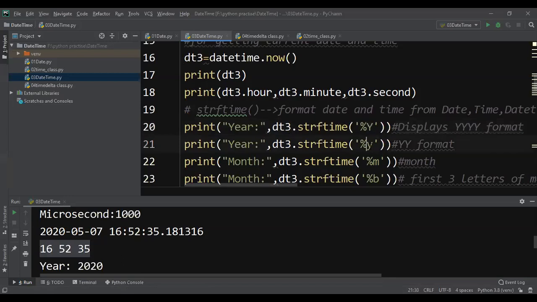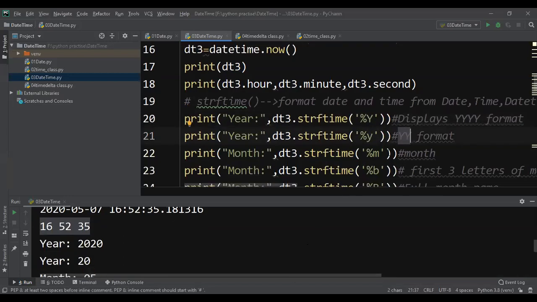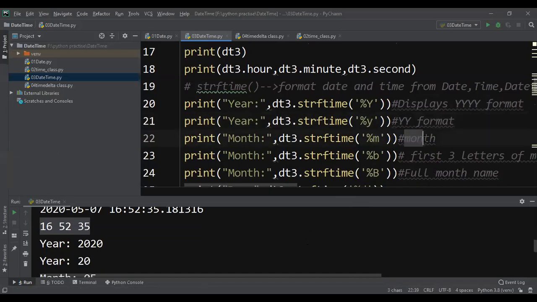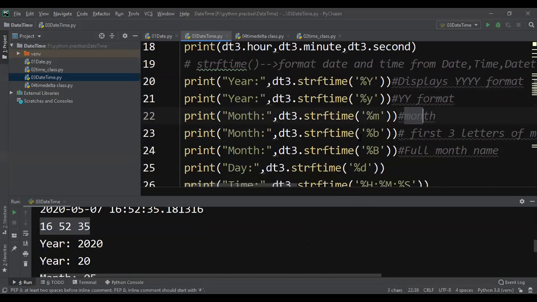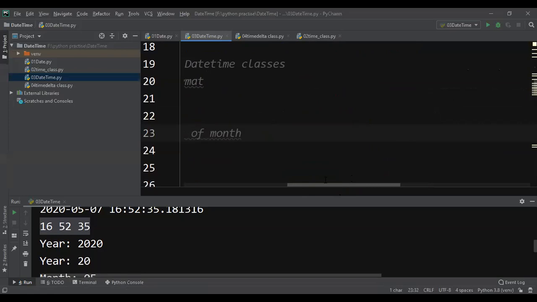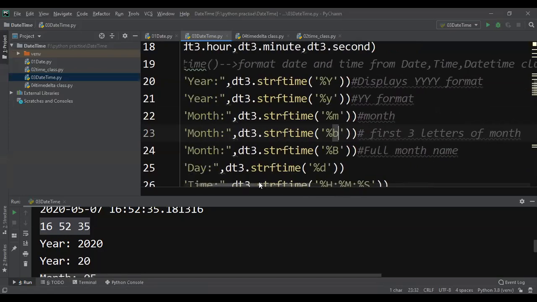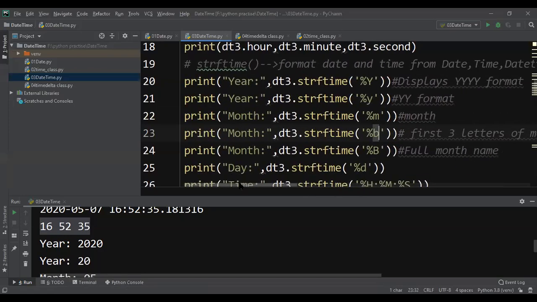If you mention small y, it will print year in 2 digits. Small m prints month. Small b prints the first 3 letters of the month, like Jan, Feb, Mar.